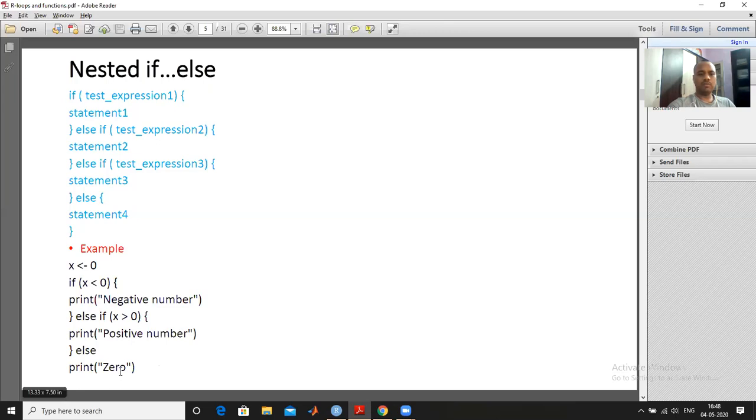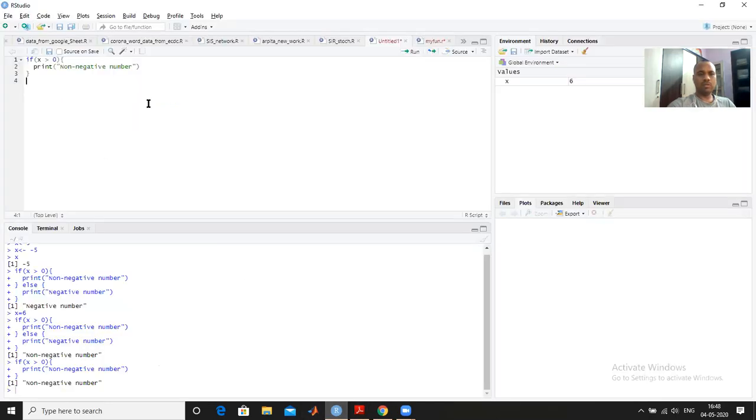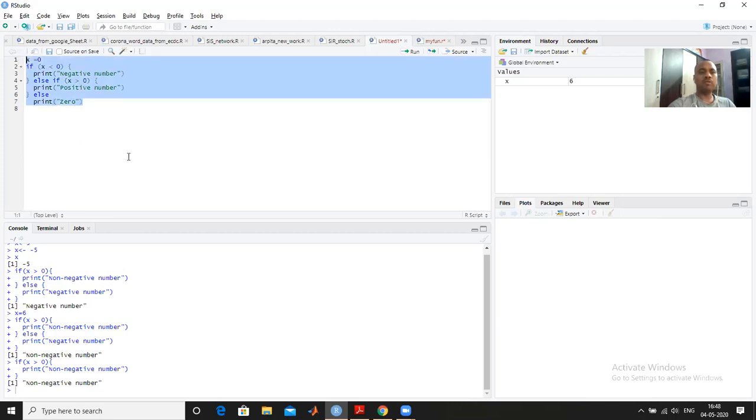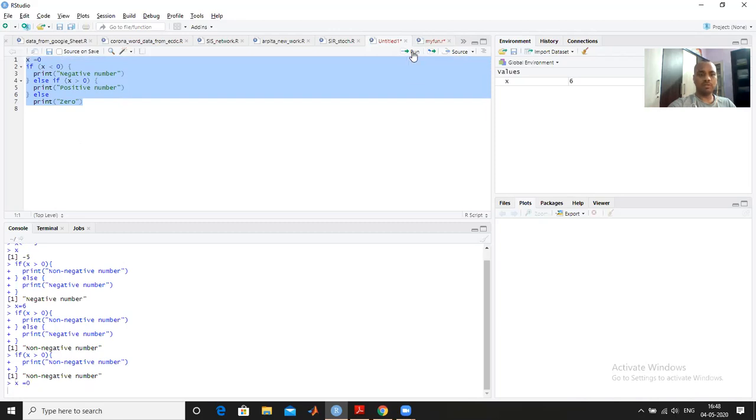So if I copy paste this and take x is equal to 0, I paste it here as well. So you can use x is equal to 0. Okay, it doesn't matter whether you write this one or the assignment operator. So if I select it, what will be the output? It will print 0. So the output is 0.